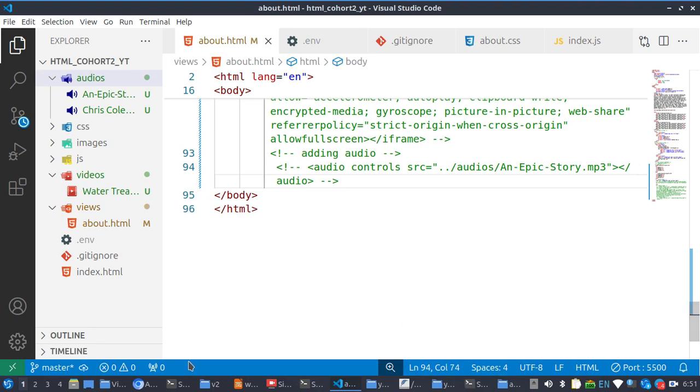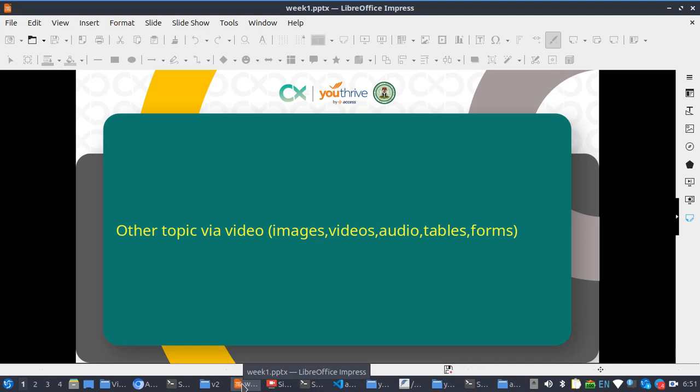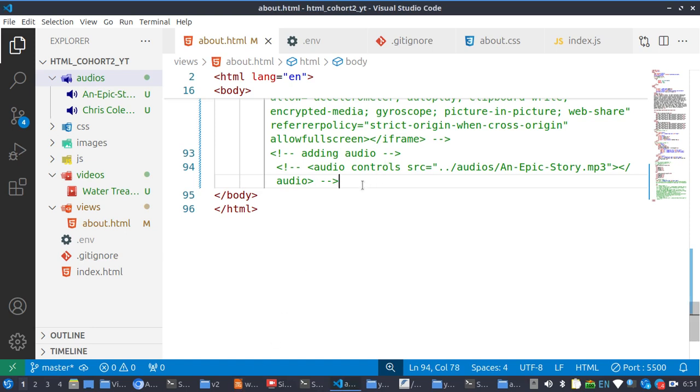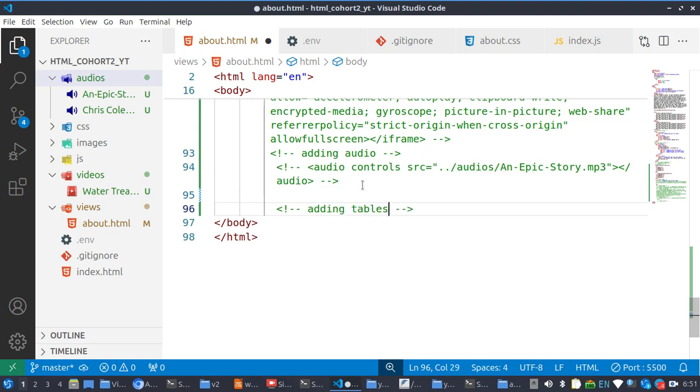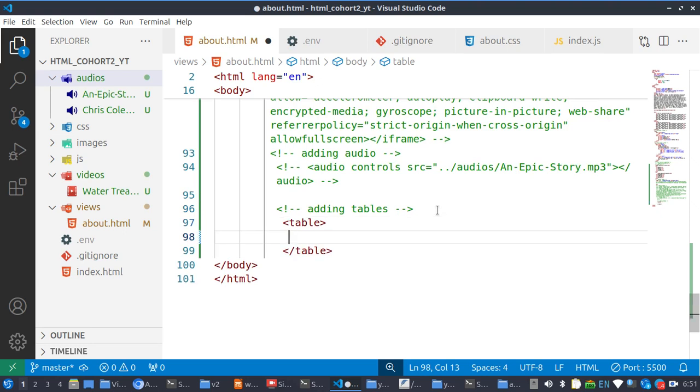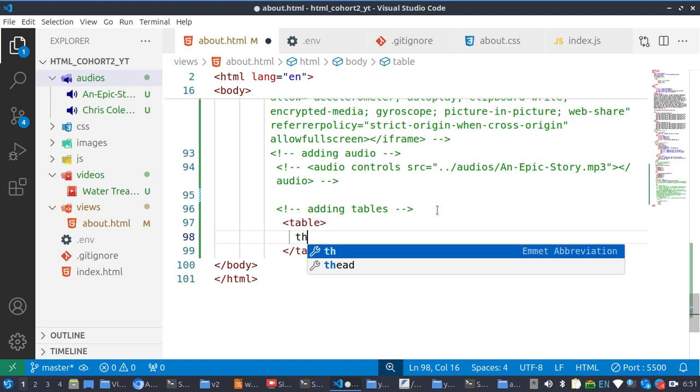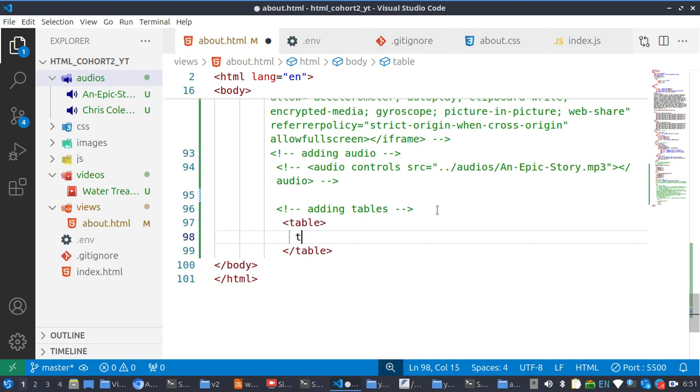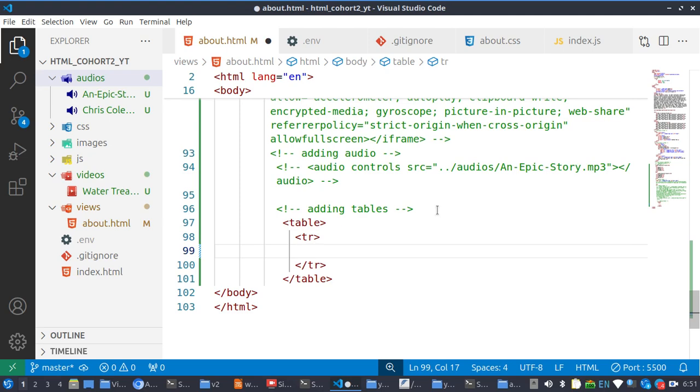So the next thing that I want to teach you is tables. So how to add tables. So to add table, you use the table tag. Then you have the tr, that is, tr is for the table row. Then instead of using your table data, you can use your th